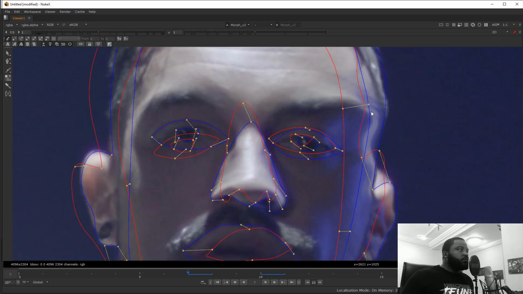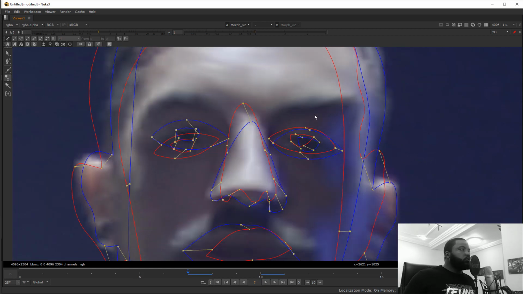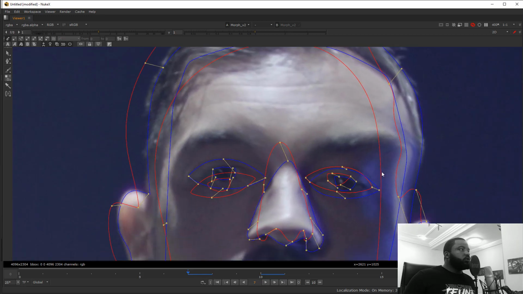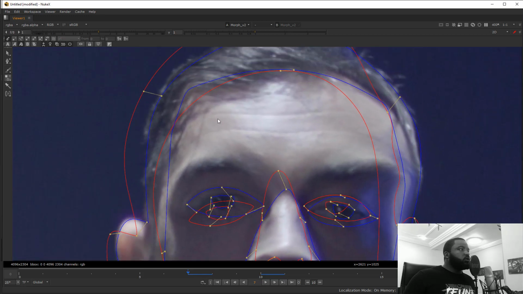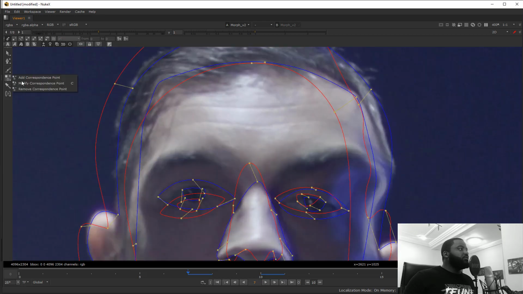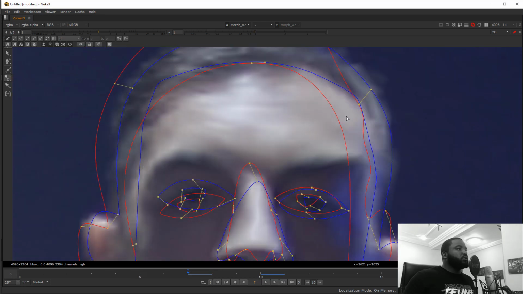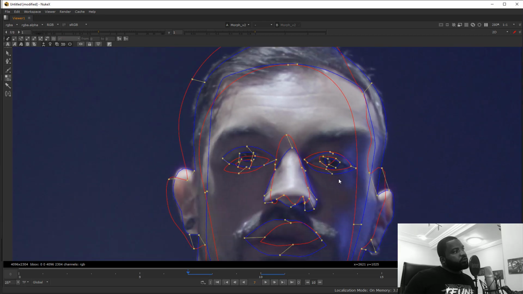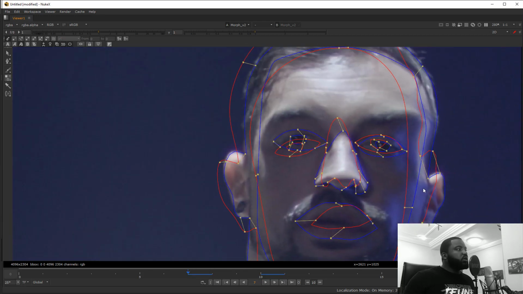I still have a problem here. I recommend you to delete this point. When you have some problem here, just delete the point and leave it to work automatically. You can maybe add one point there and put it there. It doesn't work, so remove that point when it doesn't work. Okay, and leave it like that.